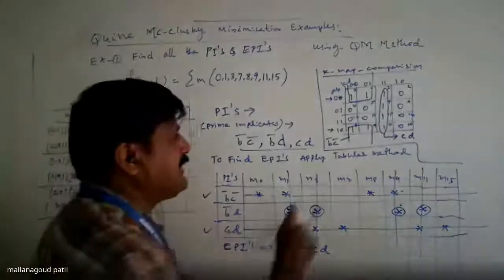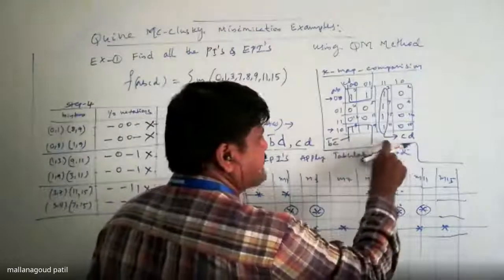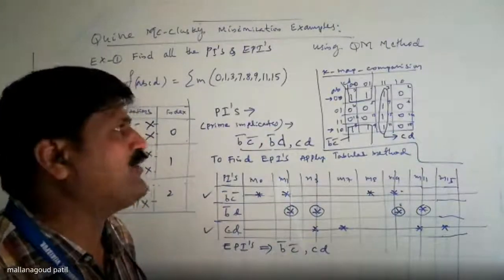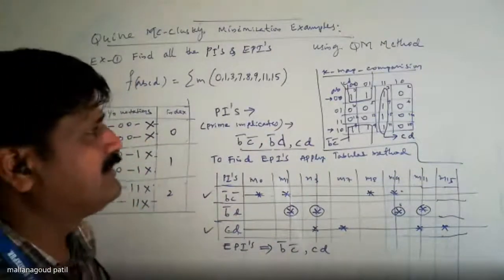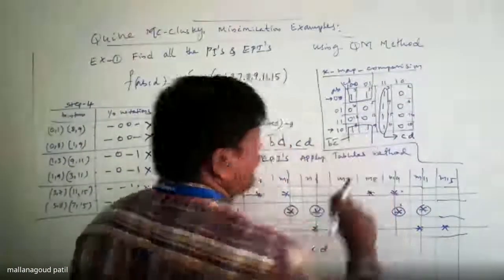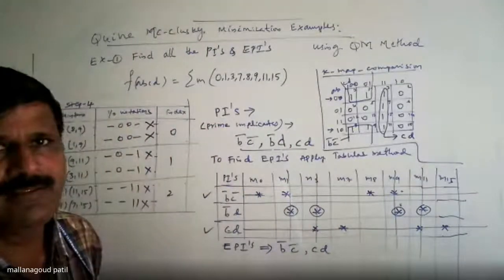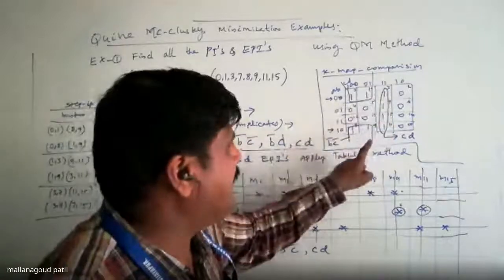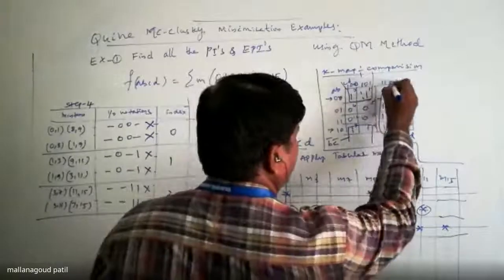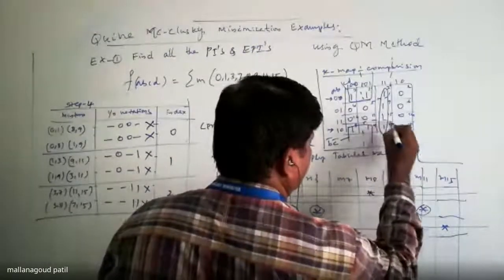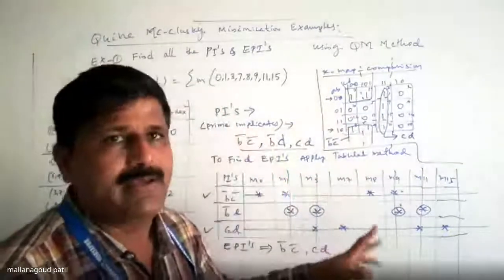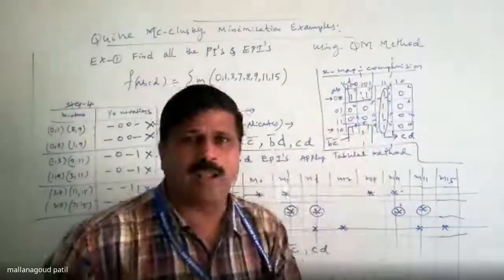How many were possible? 2. It's okay. Then these two are essential prime implicants. One more is possible here. Can you find one more here? The cell numbers I can write here are 1, 0, 1, 2, 3. It's okay. One more is possible here: the cells 1, 3, 9, 11. I can make a group. 1, 3, 9, 11 is possible, but all those cells are already covered.